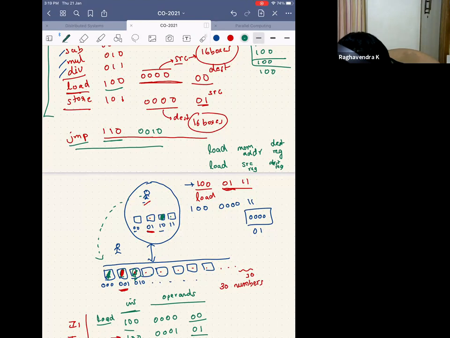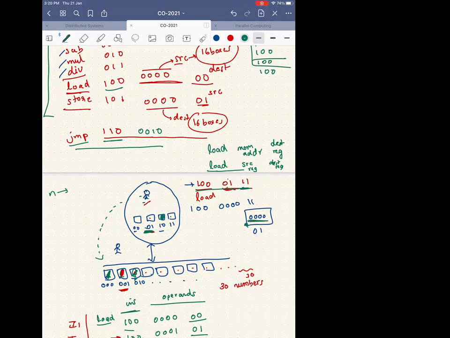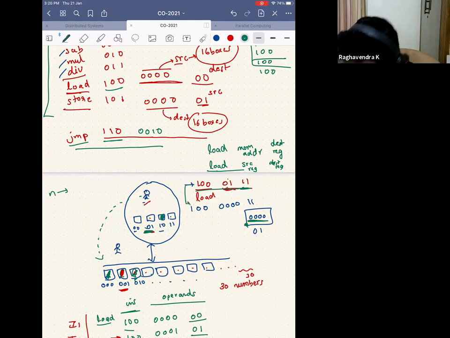So when I do something like this, right? I am saying 100, that is the load, and then the source register is 01, that is this particular box, and I want to store something in this 11. But what is that something in 11? Whatever is there in this n, right? So you can consider that register as n. Now what is there in 01? Zeros, right? So this guy will convert this instruction to this kind of instruction.